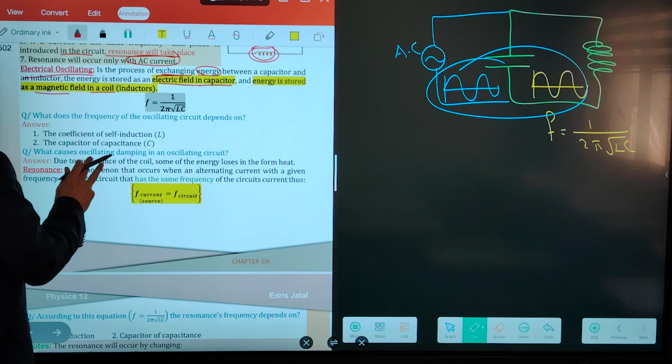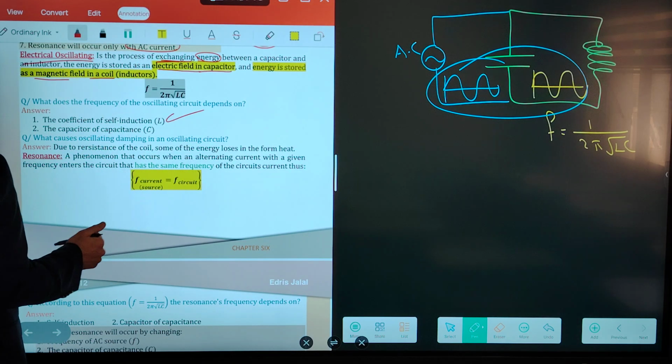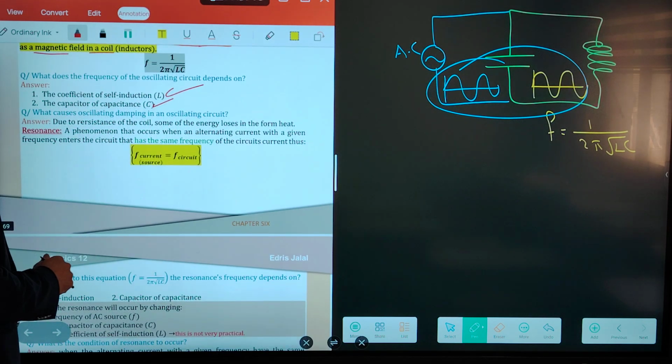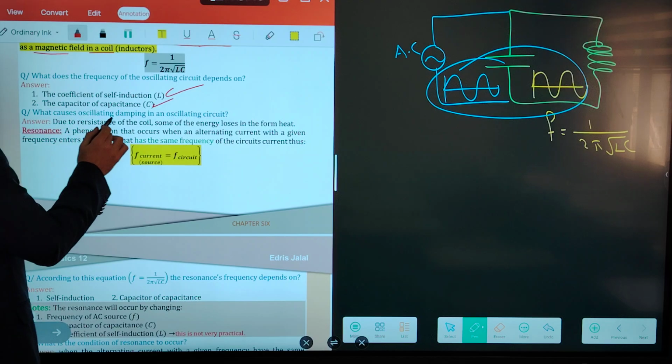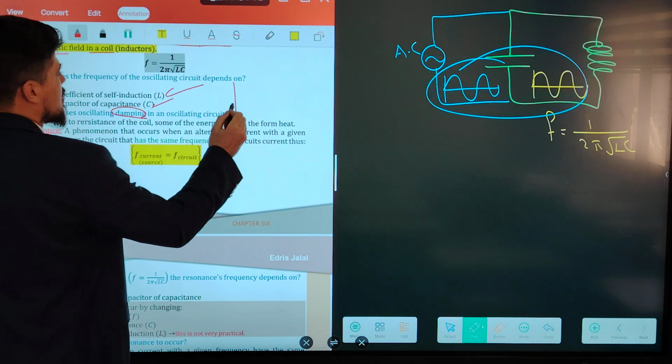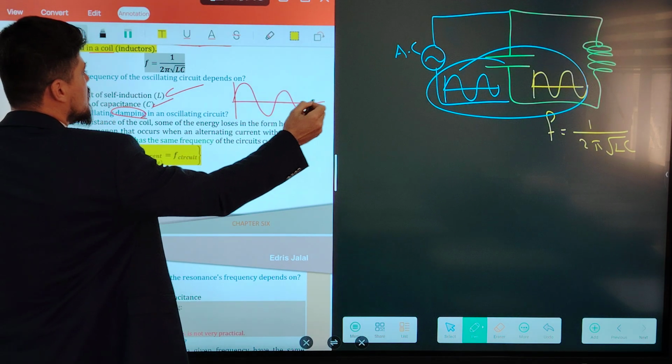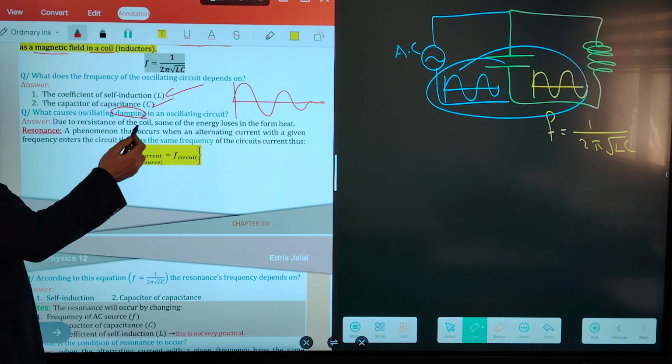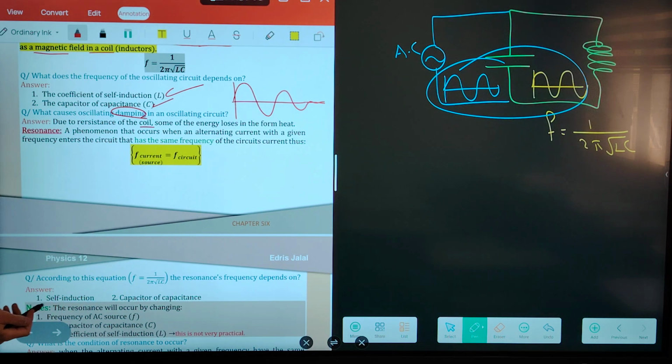What does the frequency of the oscillating circuit depend on? Coefficient of self-induction and the capacitor's capacitance. What causes damping in the oscillating circuit? Damping, losing energy, okay? Due to the resistance of the coil, some of the energy is lost in the form of